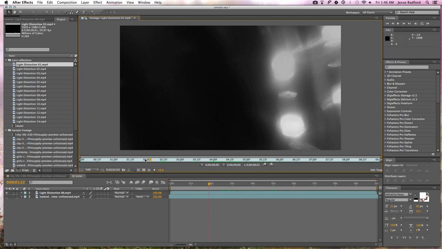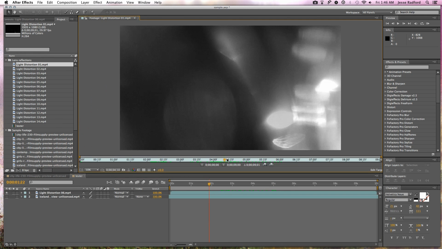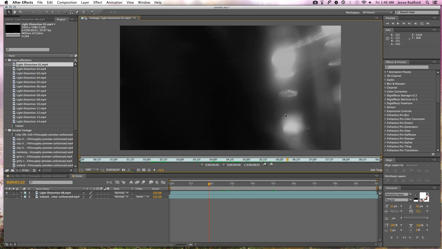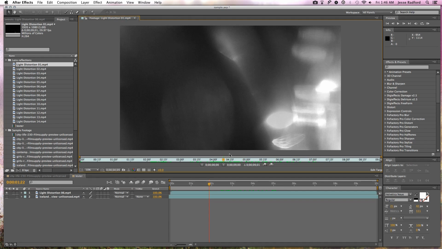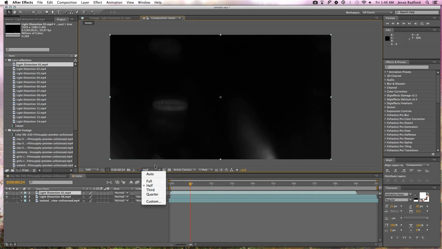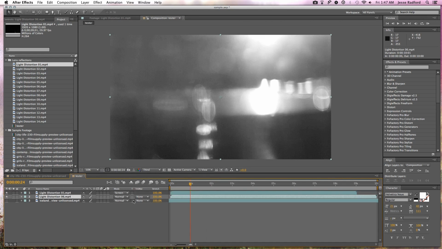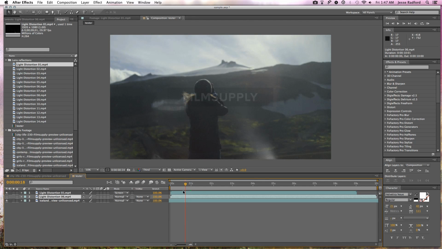Alright, number 1 actually has some nice light on the right side. Or it doesn't matter what side, I can always reverse the footage and flip it over. But it's got quite a bit on one side, which is what I want. So let's bring that in. I'm just going to turn this down a bit. We're going to change it to screen. Oops. Turn the other one off. So now